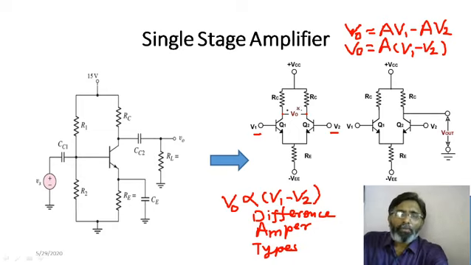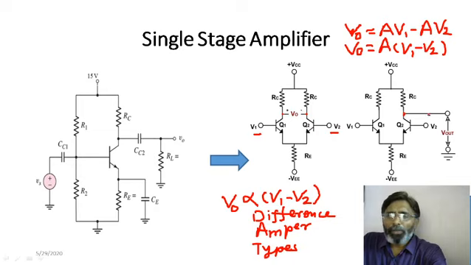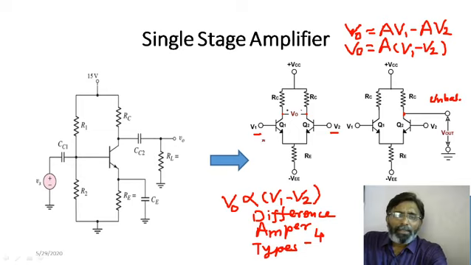So, this is one way of taking the output, balanced output. And if I am taking the output at only one terminal, not at both, so if I am taking the output at this terminal with respect to ground, it is known as unbalanced output. Okay. So, as far as this difference amplifier is concerned, it has 4 different types. One is dual input balanced output differential amplifier. Another is dual input unbalanced output differential amplifier,